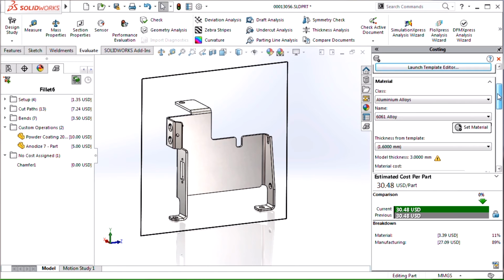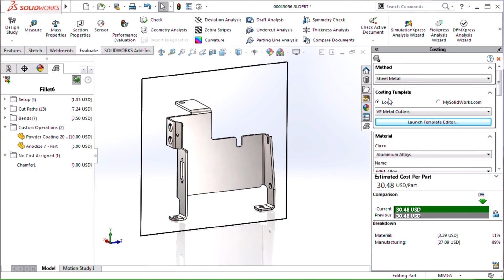Going back to templates up here, you now have the option to either apply your local template, which is the way it's always been, or grab some templates off of mysolidworks.com. These will be supplier provided templates, so if you're using a particular supplier, you can get accurate information from them instead of having to provide it yourself. And that will be available for you in Service Pack 2, so please keep an eye